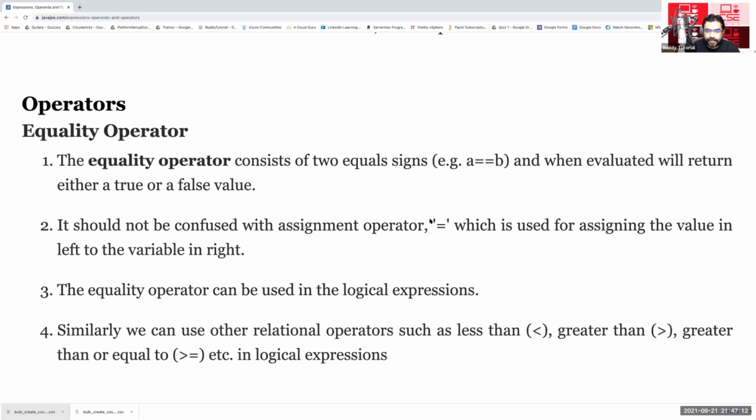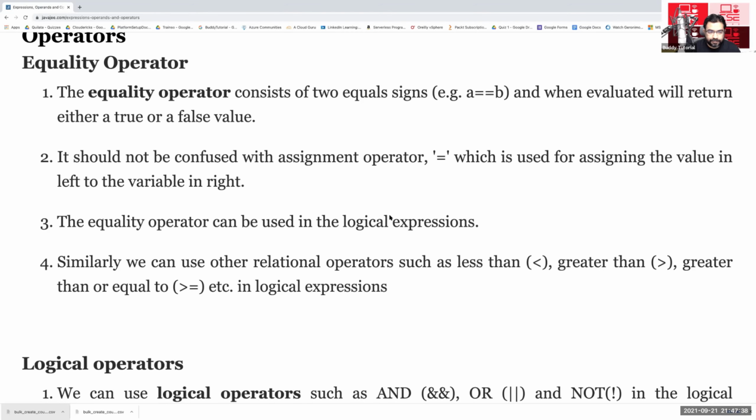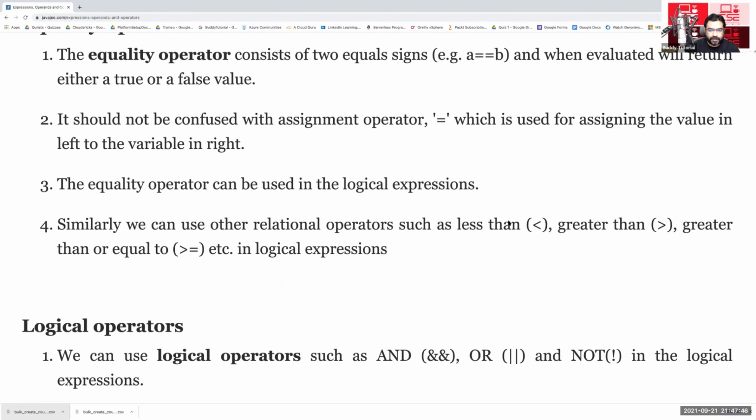Double equal to and single equal to is something that beginners usually get confused with. So single equal to is for assigning, double equal to is for checking if two operands are equal. The equality operator can be used in logical expressions. Similarly, we can use other relational operators such as less than, greater than or equal to, etc. in logical operations. So these are all understood.